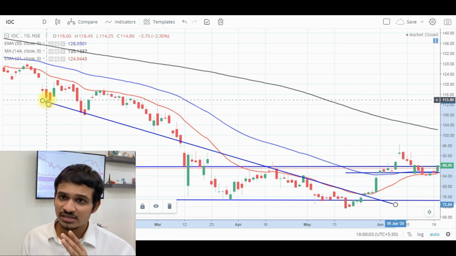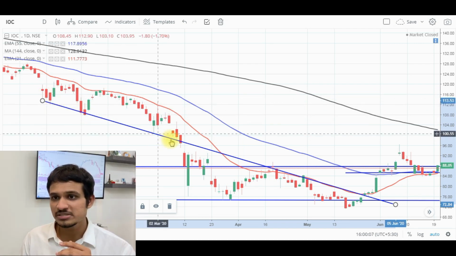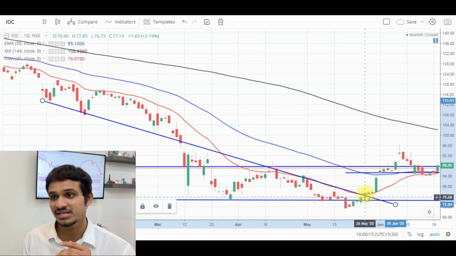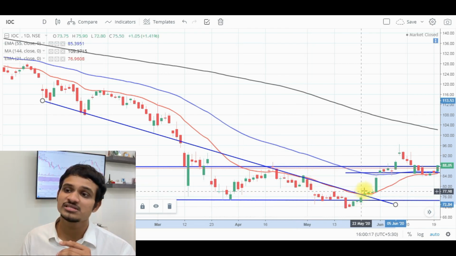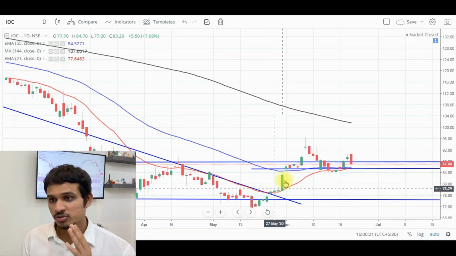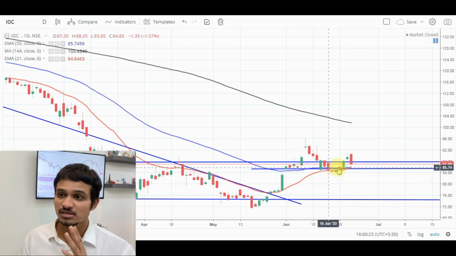But here if you see, we find a touch point over here, the price taking a support over here, multiple supports in this part again, and the same trend line acting as a resistance over here, the price taking a resistance here, and then finally we see a breakout of this resistance line over here and price approaching yet another resistance, and now the same region is acting as a support.